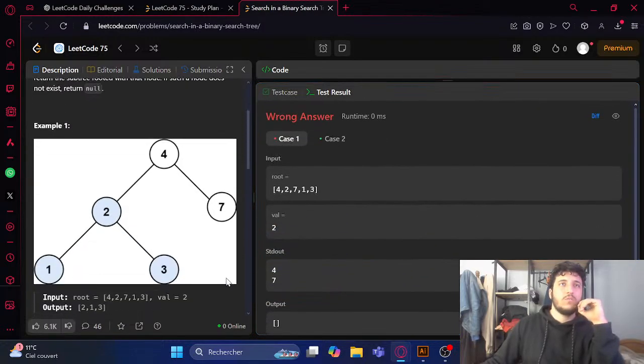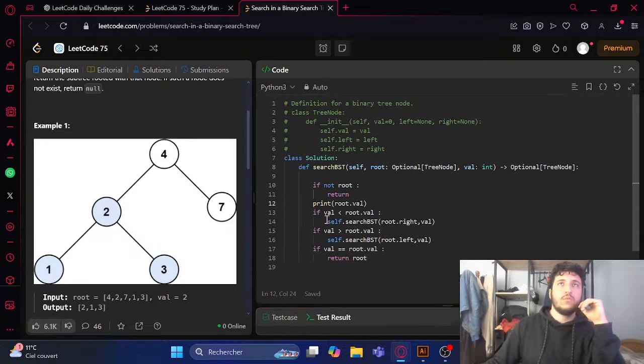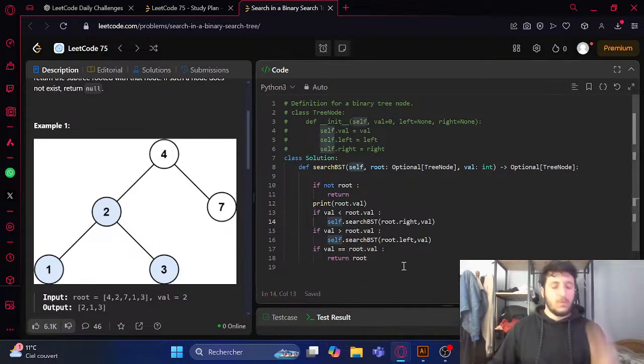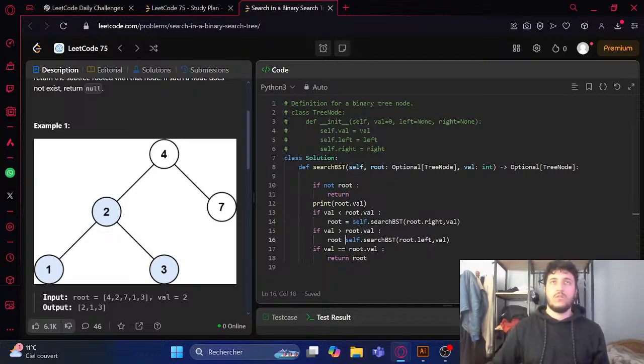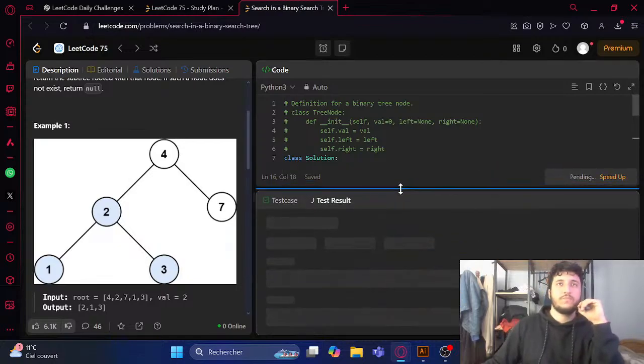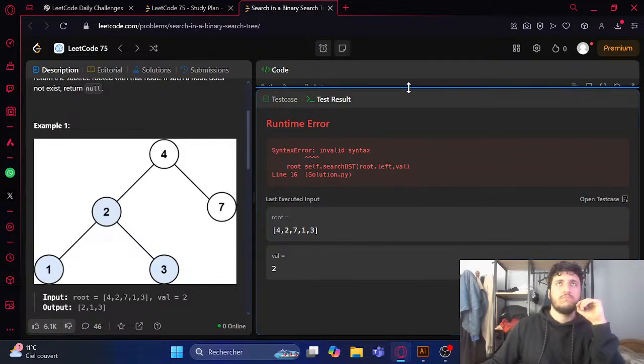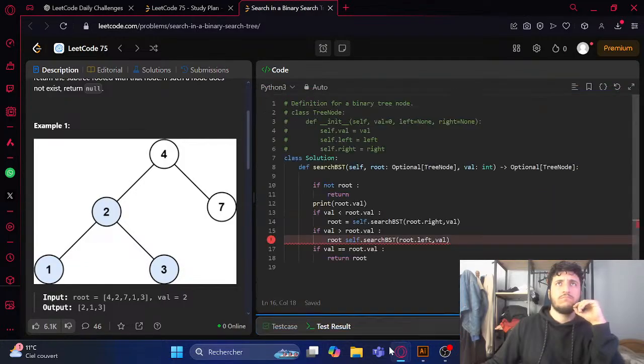Here the value is 4 and then 7. So I think here we have to make root equal